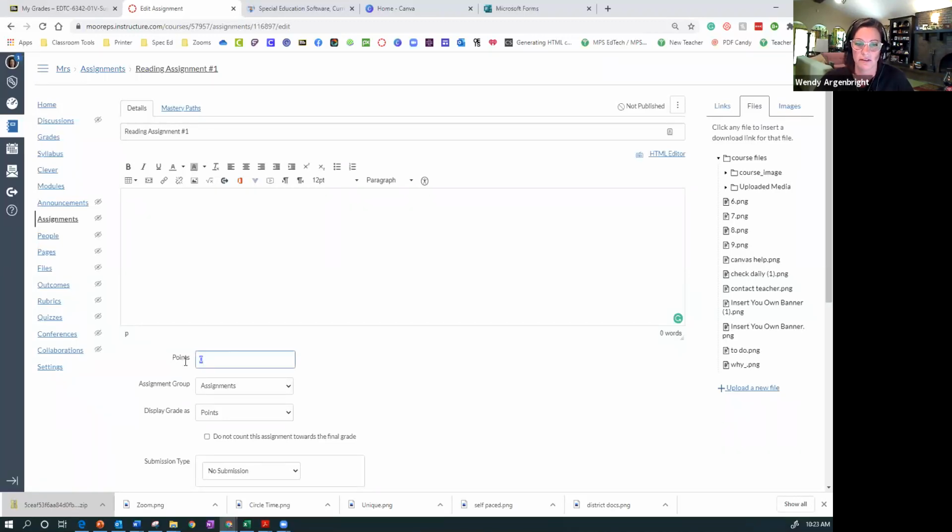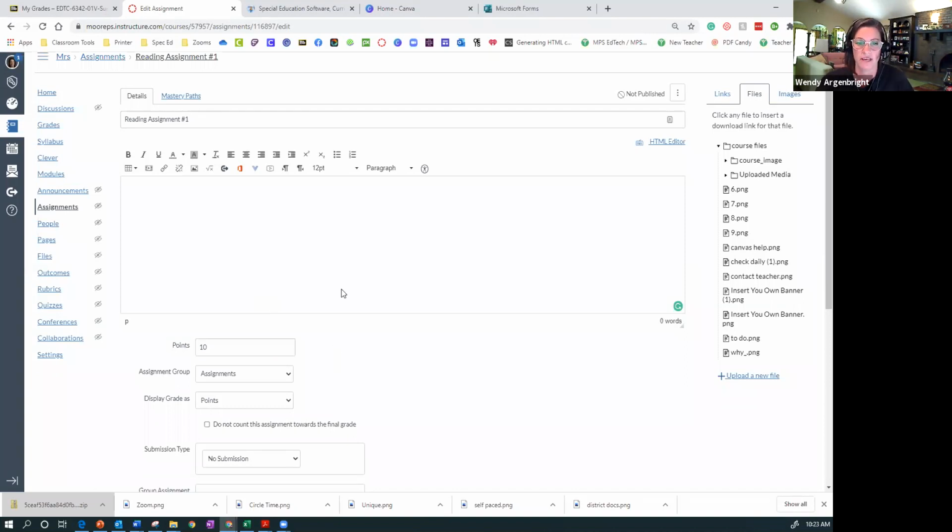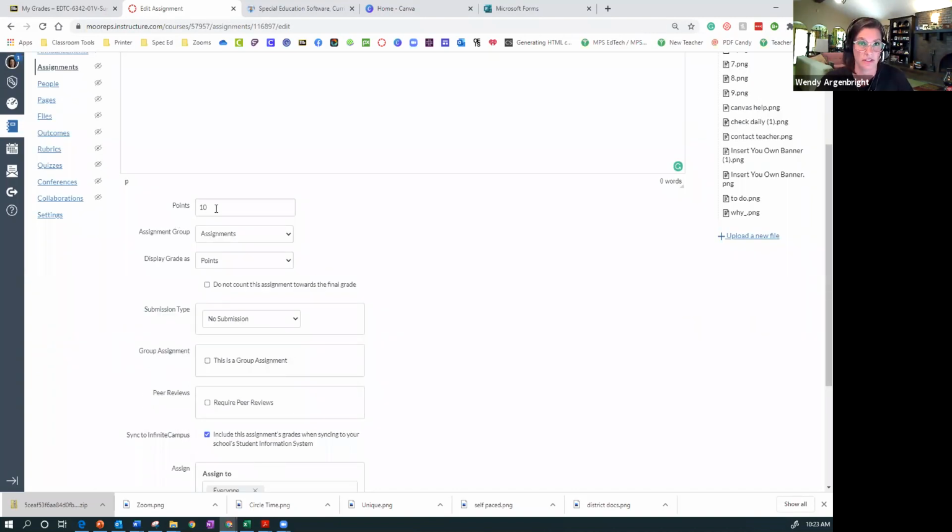You're going to give it a certain number of points for each assignment, and this is going to be the number of points that transfer into Infinite Campus. And then we are going to come down here. Some of you guys do completion points instead of